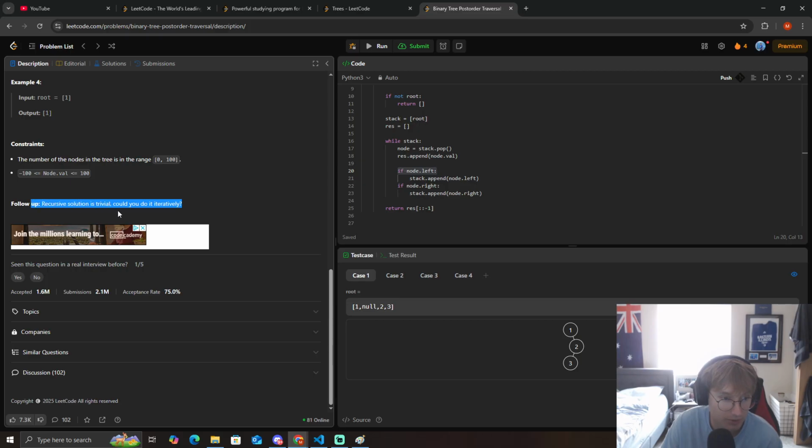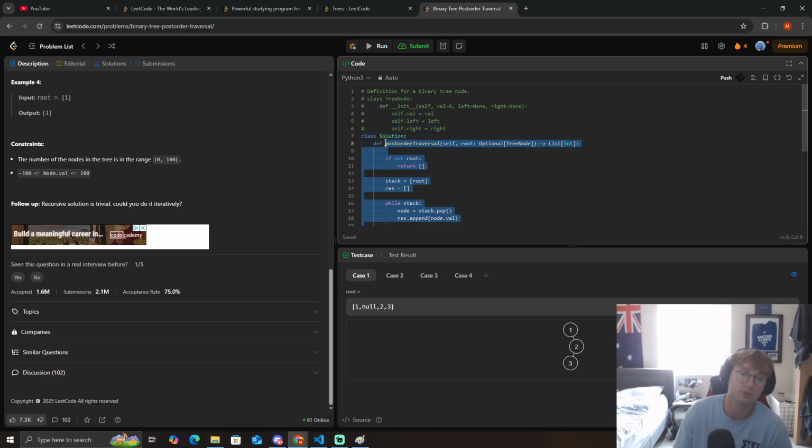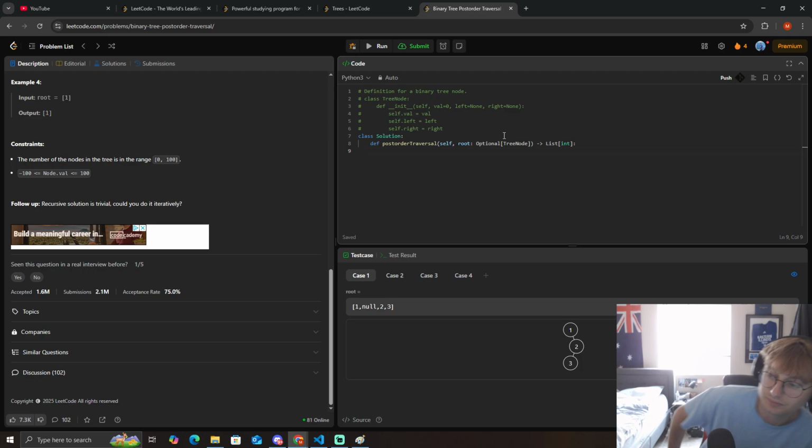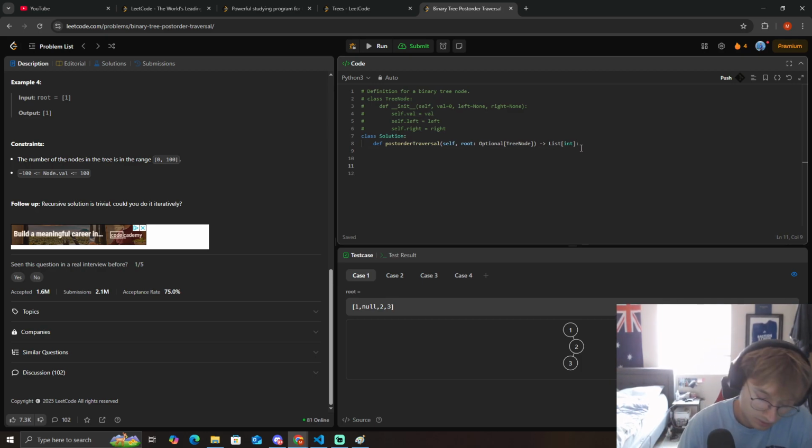Could you do it iteratively? Let's do a recursive solution of this. We'll post order: left, right, root. So DFS root. Return root. Then we do